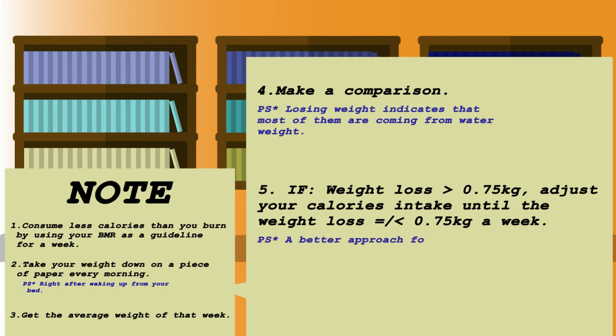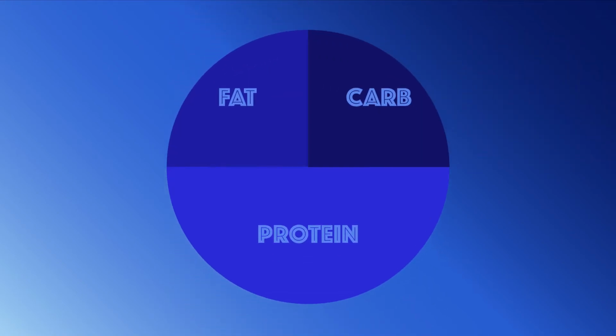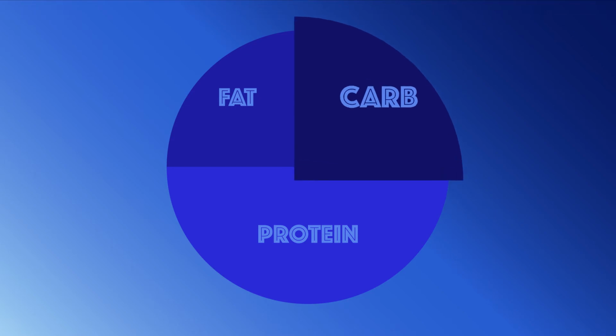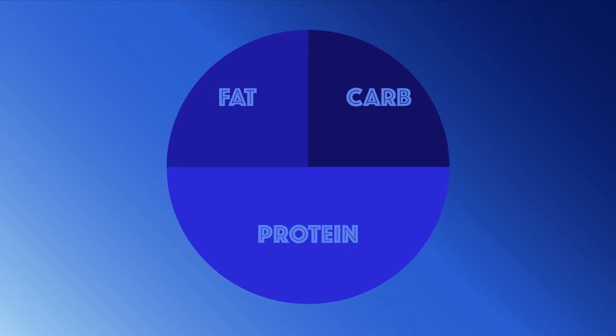This guideline is proven to be a better approach in minimizing your muscle loss when you are trying to lose fats. To further minimize your muscle loss while cutting on your fats, you also have to be aware of your macronutrients. Macronutrients are the main nutrients that make up the food we eat, which are carbohydrates, protein, and fat. A tip for you right here. 1 gram of carbohydrate and protein have 4 calories, while 1 gram of fat has 9 calories.